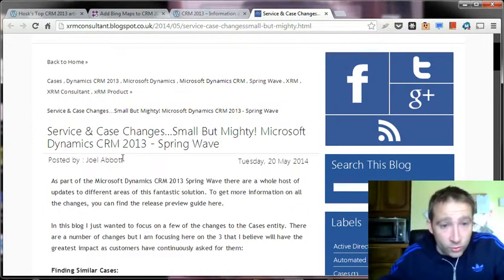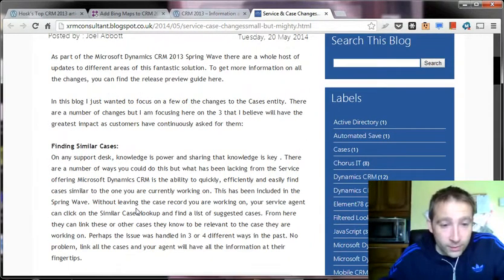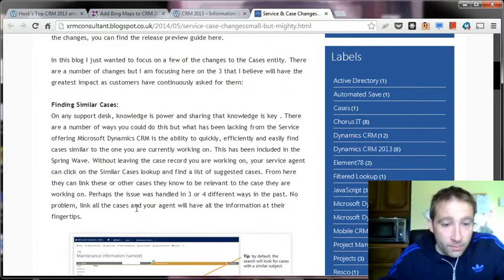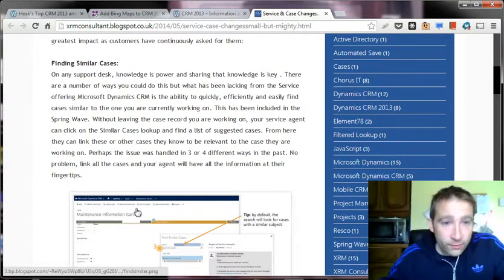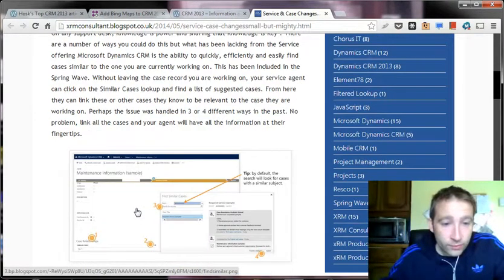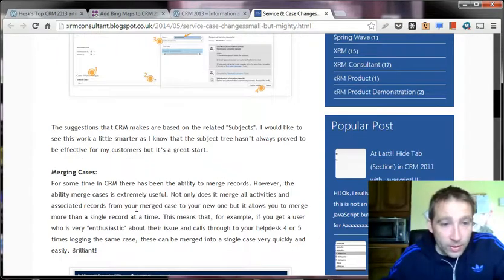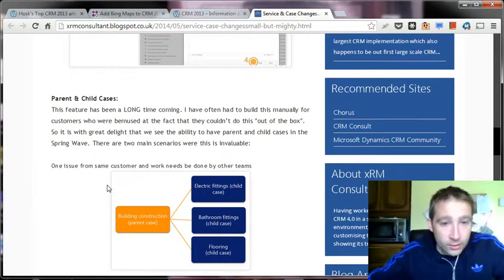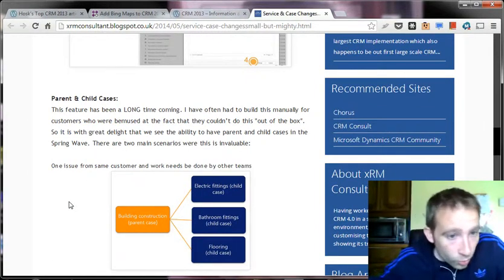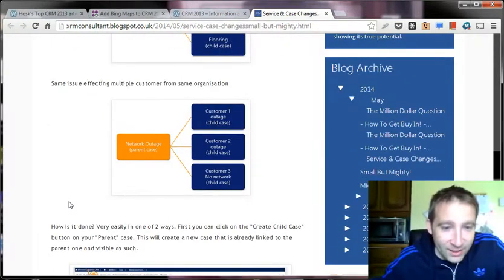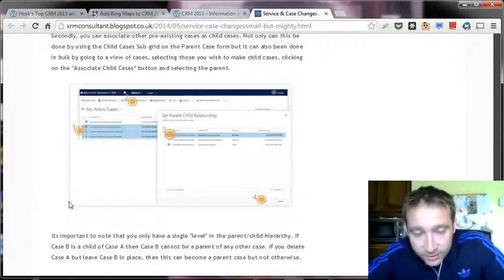Now this one from Joel Abbott basically talks about the new changes in the service and case. So obviously we know there are lots of new functionality coming through, but he talks about the benefits of them and the fact that you can improve searching, you can merge cases, and now there's parent and child cases, so you can link more cases together,